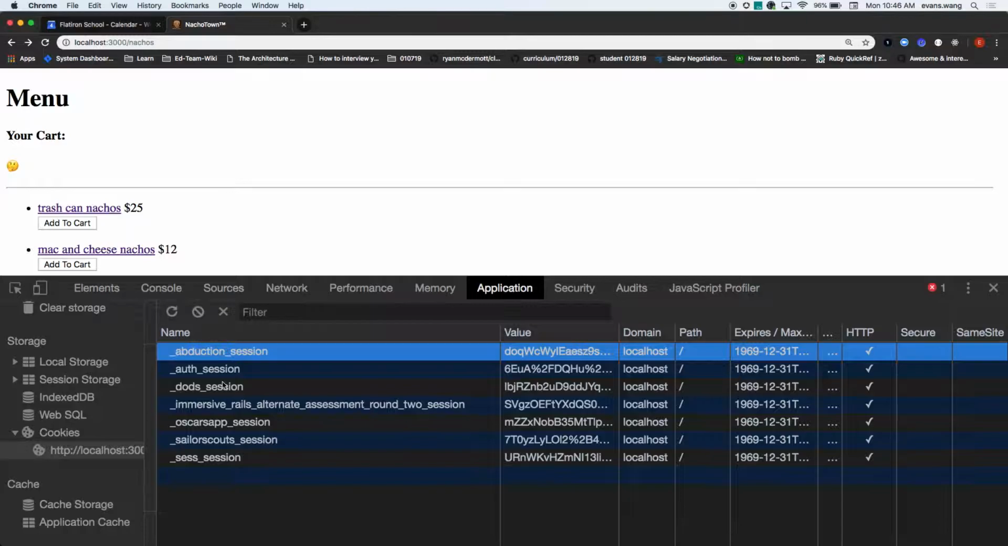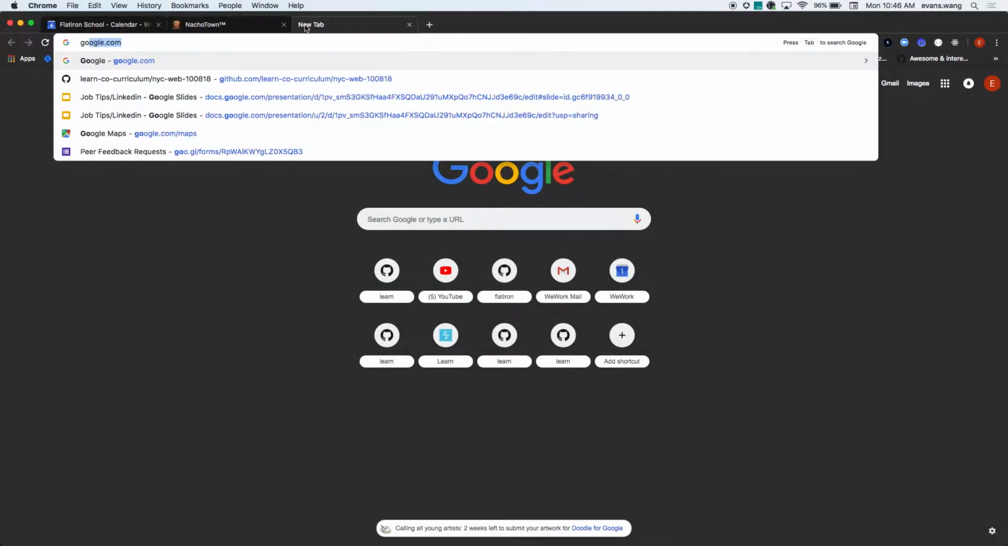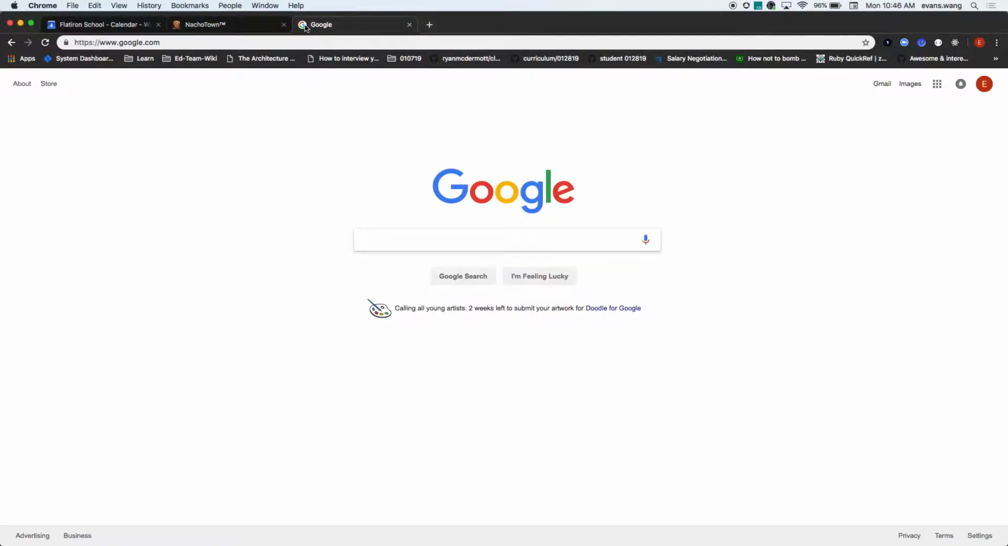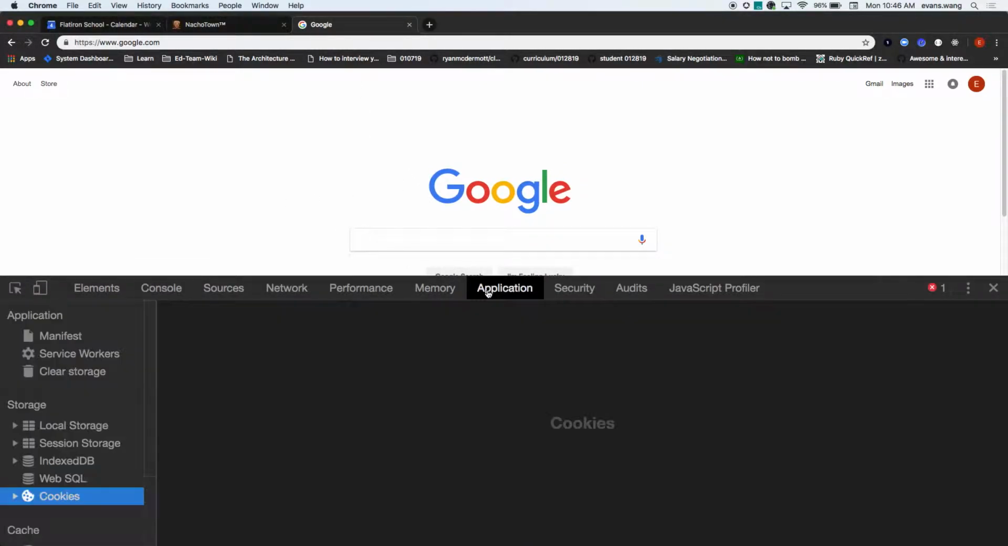Cookies are domain specific. So what that means is localhost 3000 is a domain. So is google.com, right? Google is its own domain. Amazon is its own domain. Netflix is its own domain. If I were to go into the application and check out cookies,